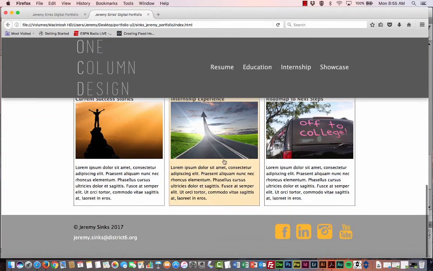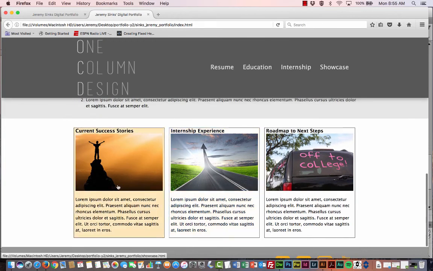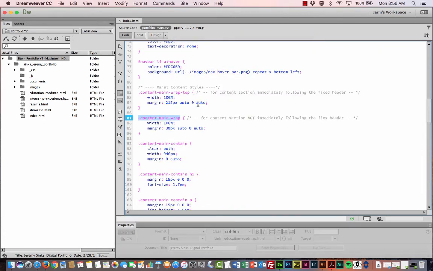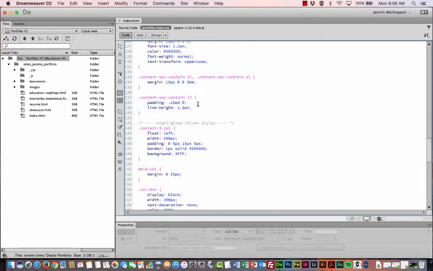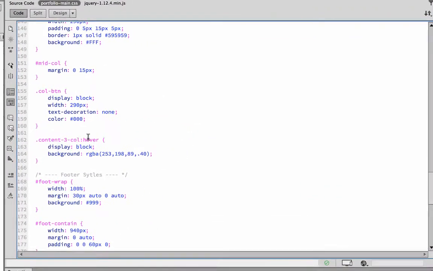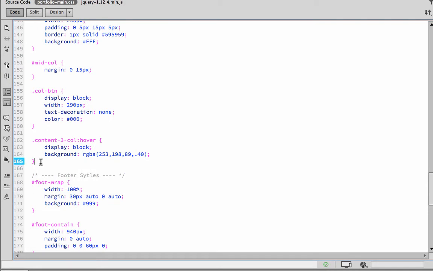sure it worked good. So my text is black, it hovers over correctly like I want, but now I want to go back and finish a couple things to round out my text here. So let's go back to my Dreamweaver piece and pop into our style sheet, and then scroll down and locate that column section. So I left off with content 3 col hover, and I know I have a couple elements